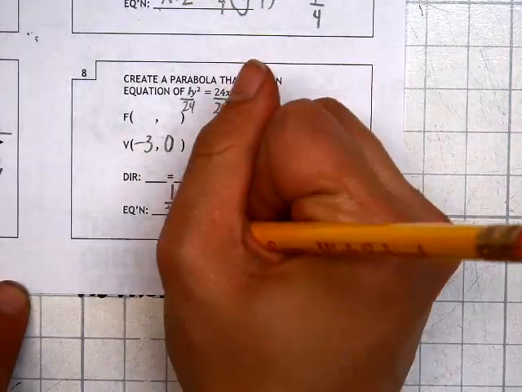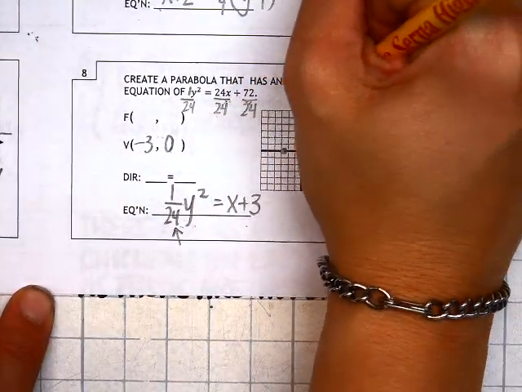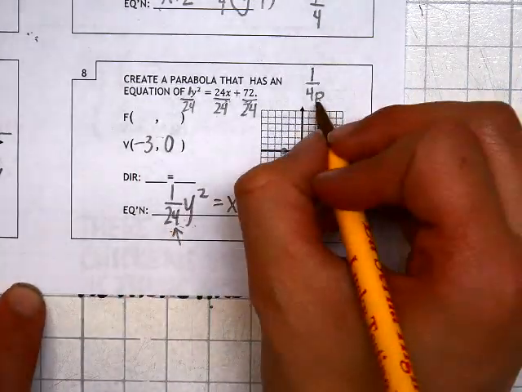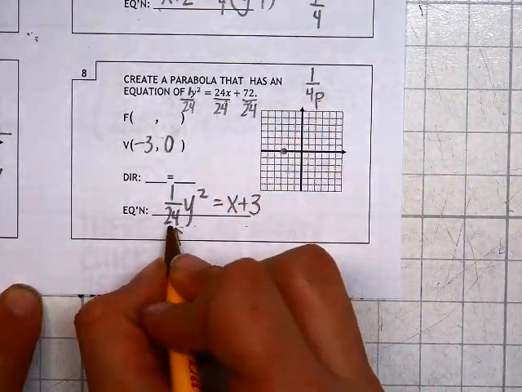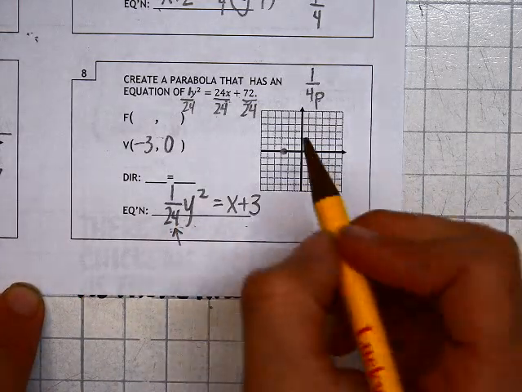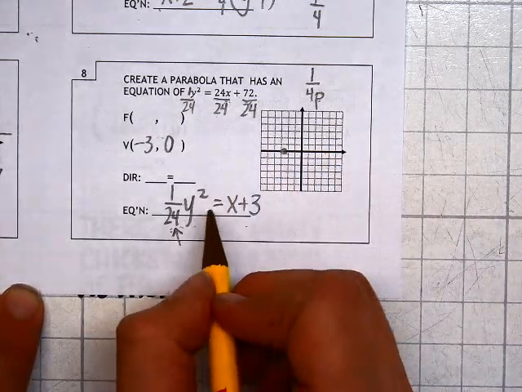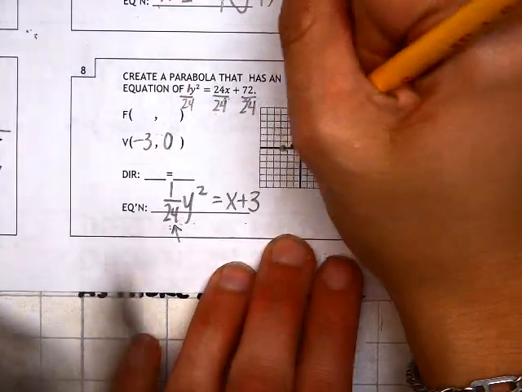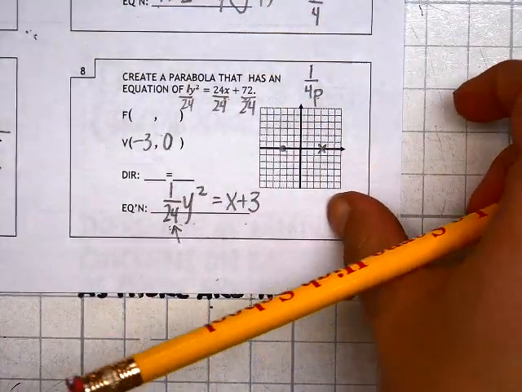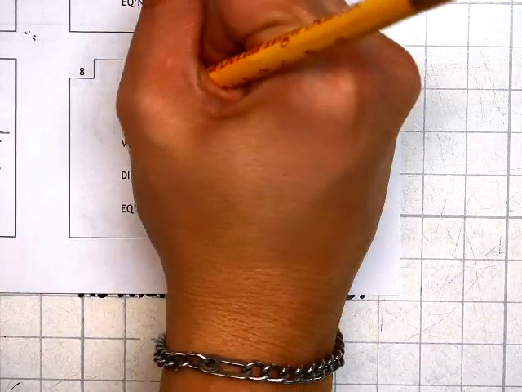The function gives us 1 over 24 as the fraction, and again, since that comes from 1 over 4p, where p is the distance, p must have been 6, because 4 times 6 is 24. Since it's a positive 1 over 24, that implies that we would have to go 6 units to the right in order to get to our focus, because again, we're dealing horizontally. If we count 6 units to the right, you'll notice we end up at 3, 0,